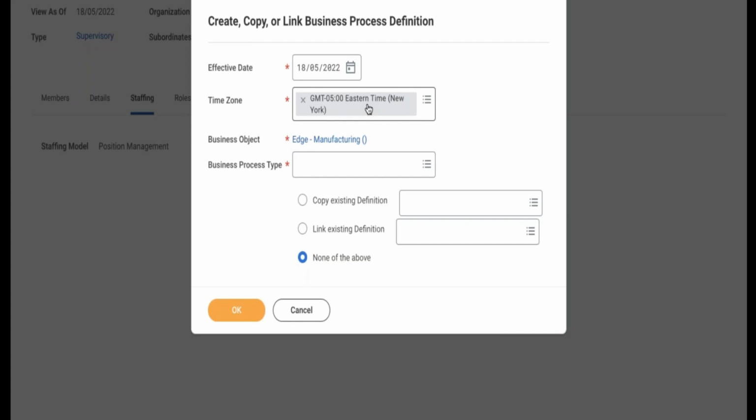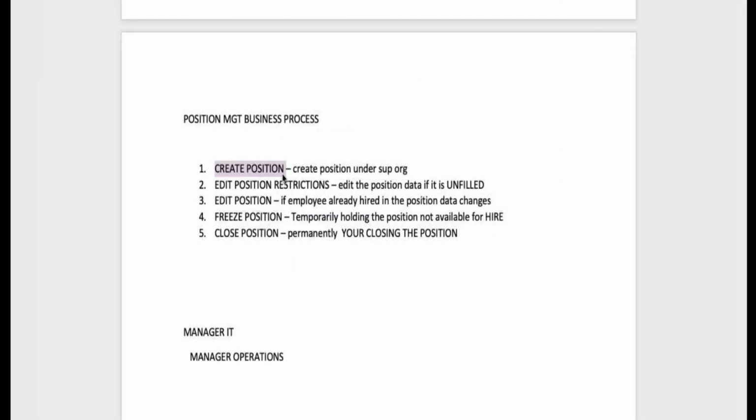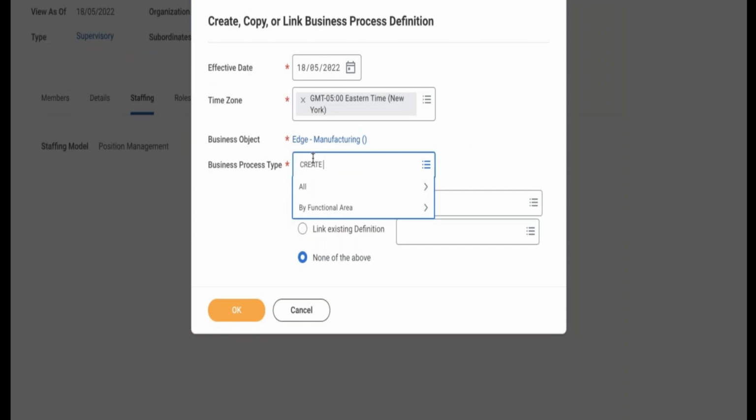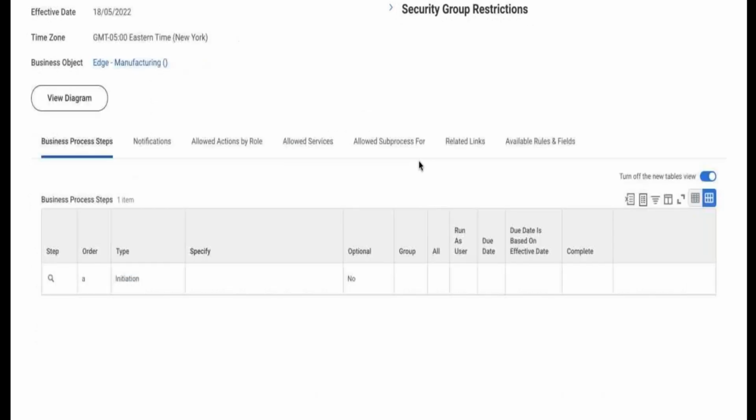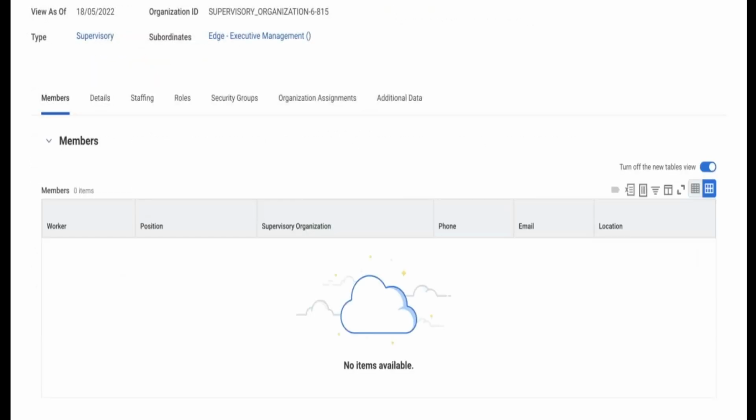So here in the business process type, search for the BP, create position. What we are doing here is the Workday delivered workflow called create position business process. We are copying to our organization called Edge Manufacturing. Step A. After you copy, prerequisite has been copied. Go to your supervisor organization, select the related action,